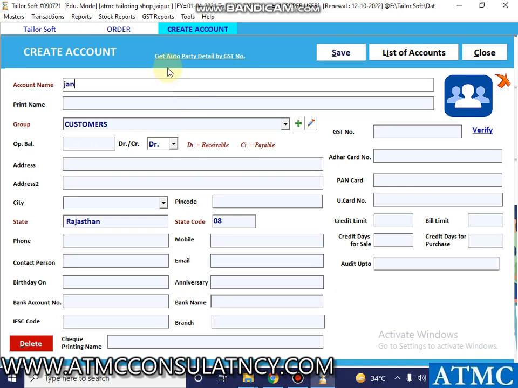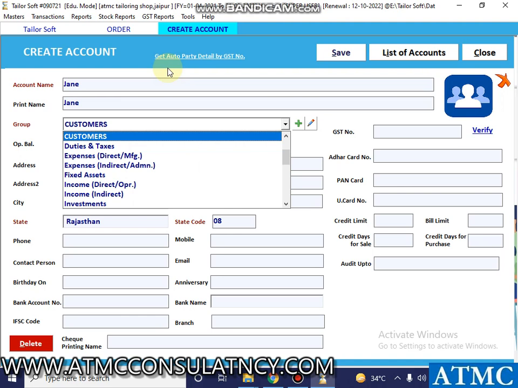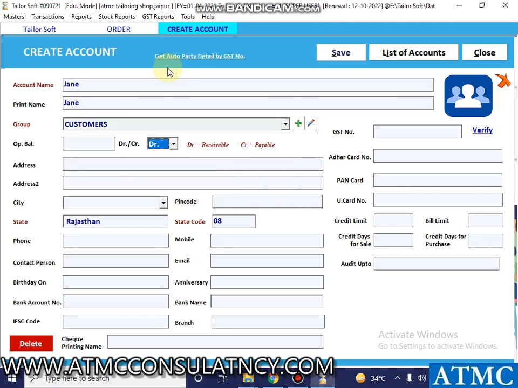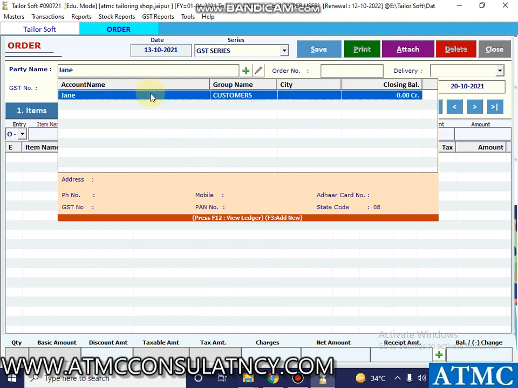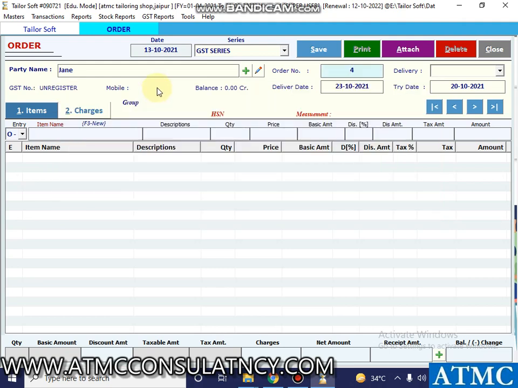So let's suppose I write Jane, and she falls under the category customer, and you can enter other details required, and click upon save, and this is how the accounts entry would be done. Your customer would be added to the software. So select it, press enter, and enter the